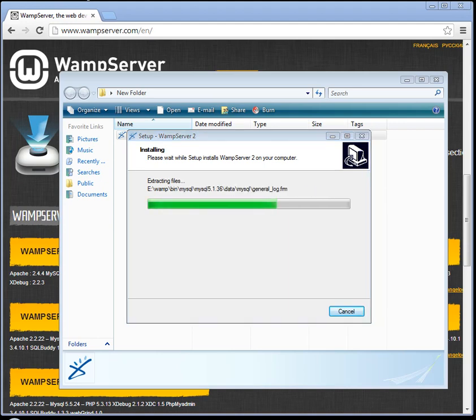So at this stage, the installation is still going on, but you can see it's gone up to about 70% or something like that. And all the installation is automatic, so it will install all the files you need for you. And once that is complete,